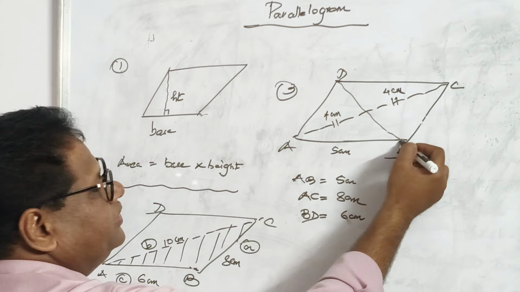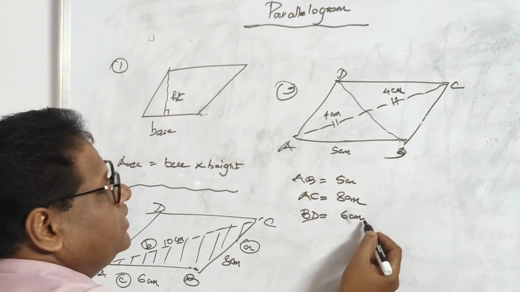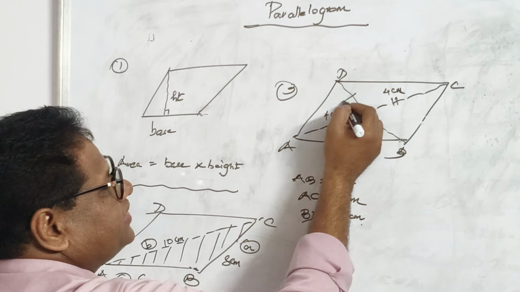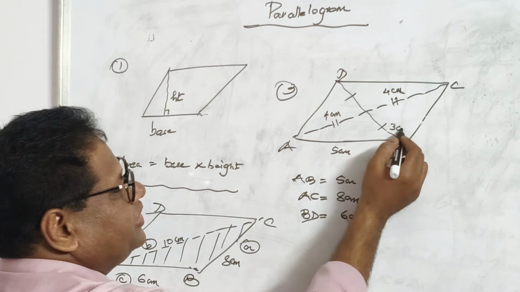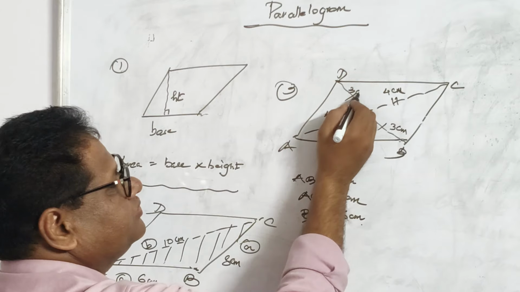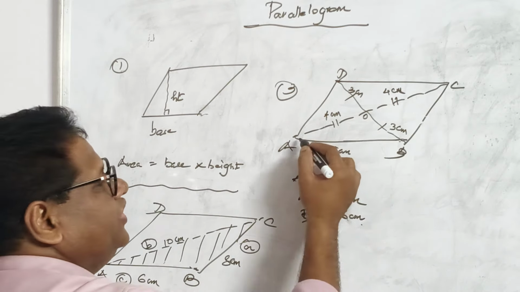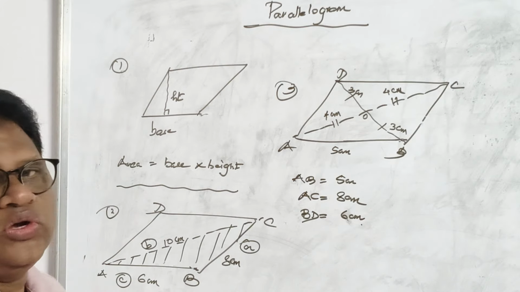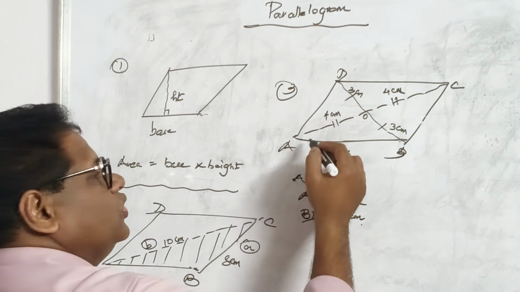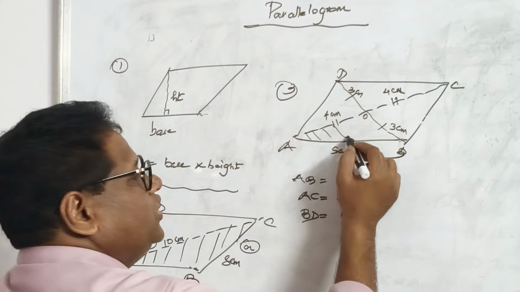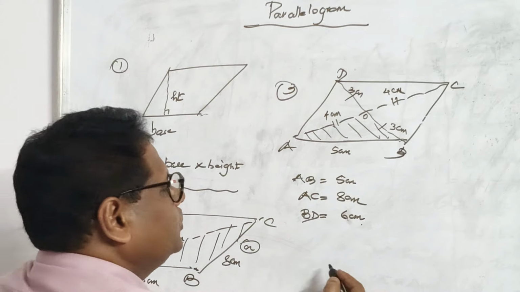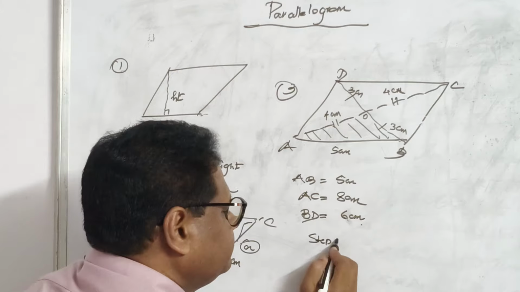Now what about BD? BD is also one diagonal, so even this is getting bisected. 3 cm, 3 cm from the point of intersection. And here one side AB is already given to you. So the first step is that you get the area of this portion. Step 1,